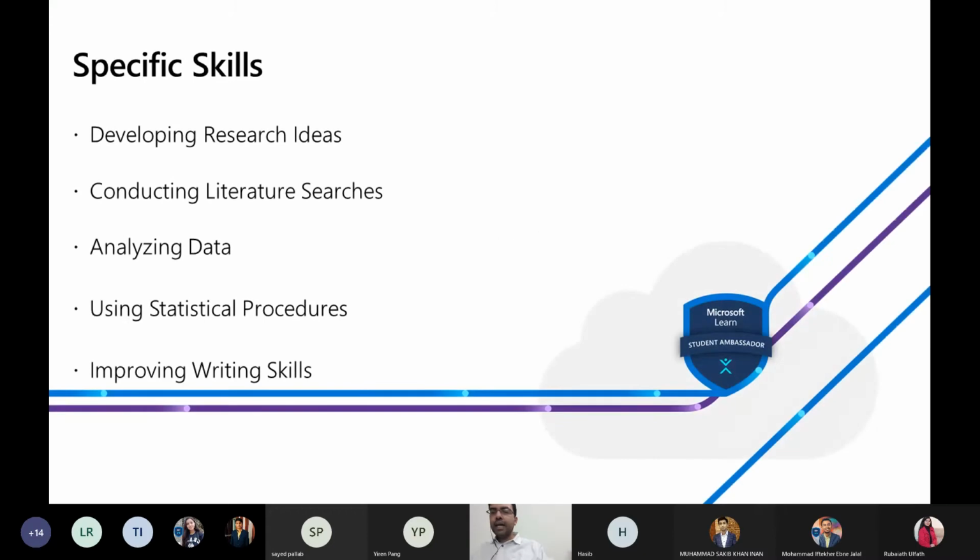So there are certain stages that we need to acquire. These are special skills. There are certain bullet points that you are seeing on the slide now. You will have to develop a research idea, which is very, very, very difficult, right? When you are an undergrad student, it is not easy to develop a research idea just like that. Maybe it is a good idea to rephrase this term, research idea, as research area, maybe.